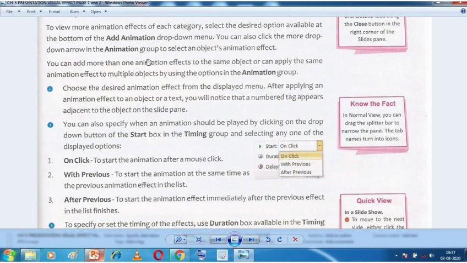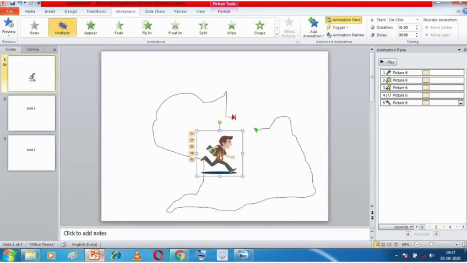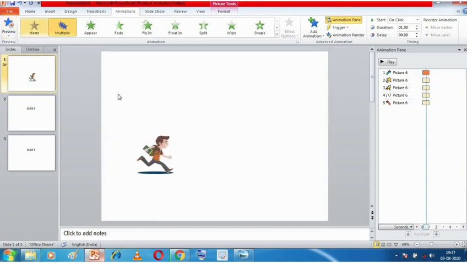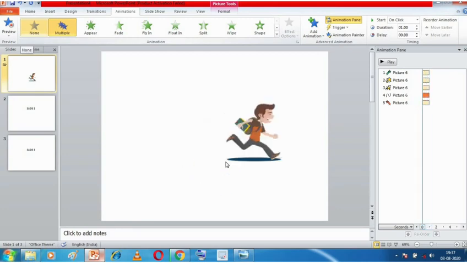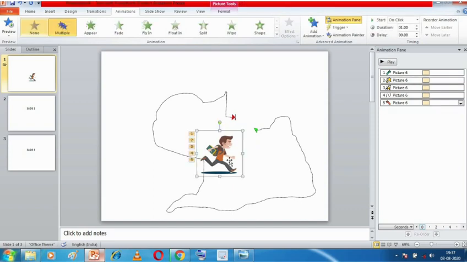Now let's talk more about how to customize, which means making changes according to our need. What more improvements can we make to this animation? How can we change this animation more? Suppose, if you remember, last time we applied animation on this object. Let's preview this. What is happening? This was the entrance, this is the emphasis, then the motion path and the exit. This is the animation effect which we applied on our object.